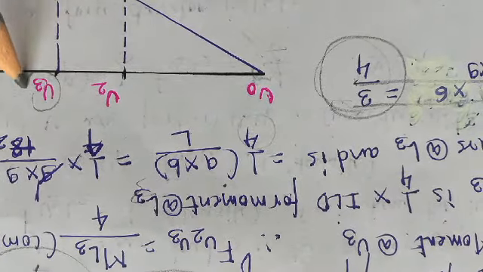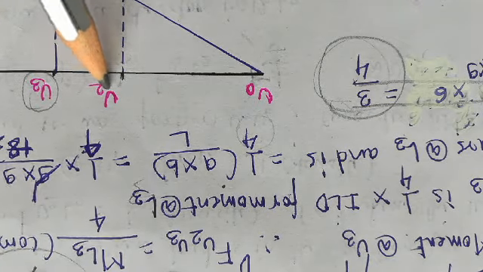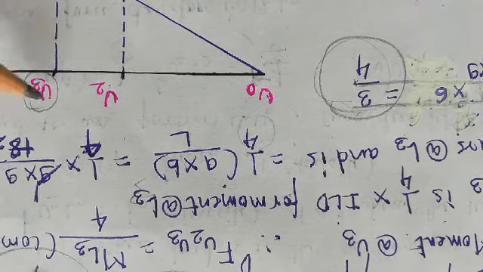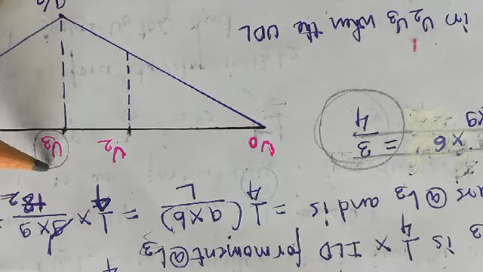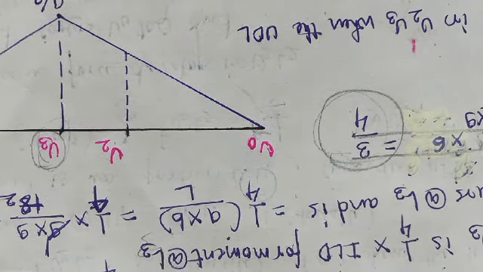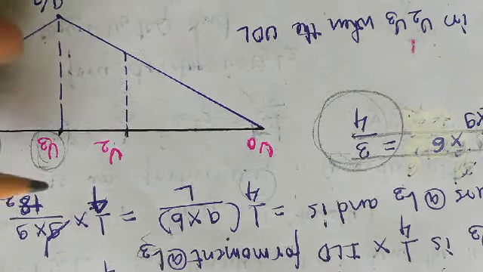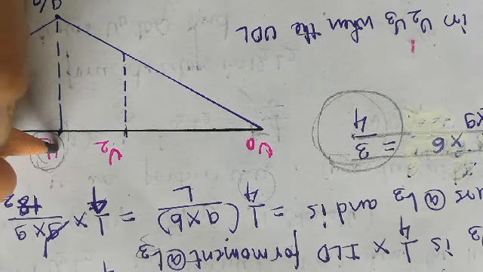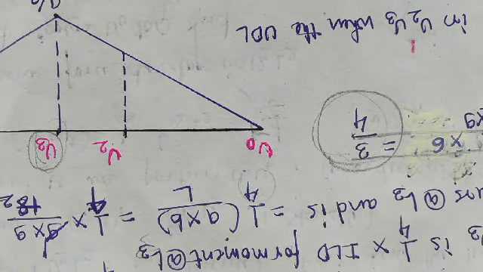Because my member I am calculating for U2 U3, and wherever the member ends, that opposite joint I have to take. So the opposite joint of U3 was what? L3. So now I have to divide,